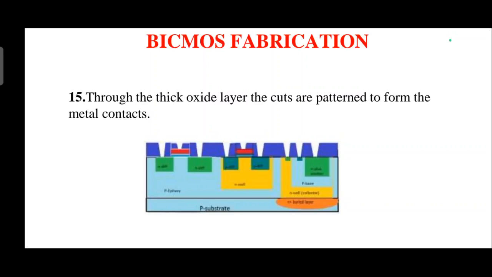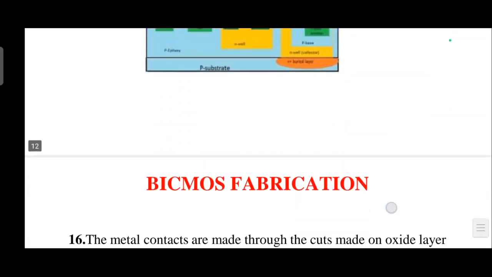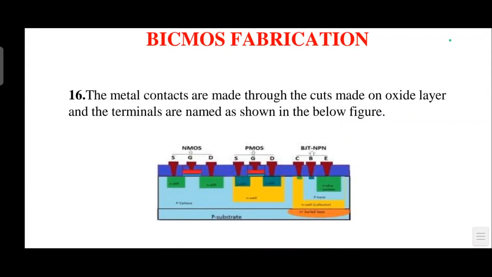That means contacts need to be formed. Here the formation of metal contacts along with the terminal contact cuts can be seen in this diagram. The overall device is then packed inside a package and then it is sent for